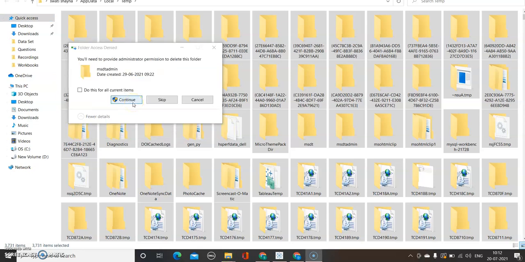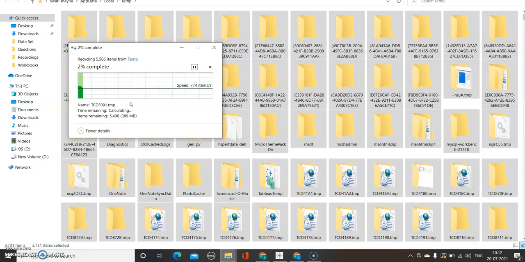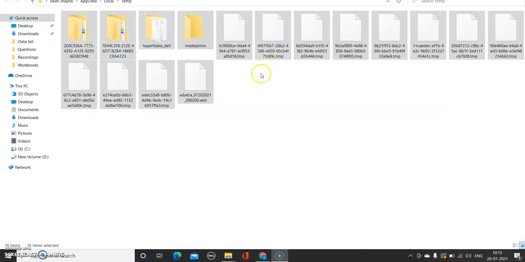There is no problem, you can just delete all the files here. Some files will be left in your system because you might be using the program. The program might be open in some other location of the computer.